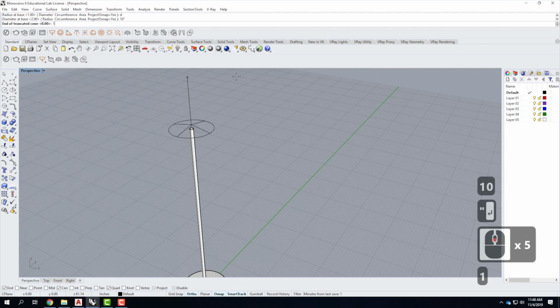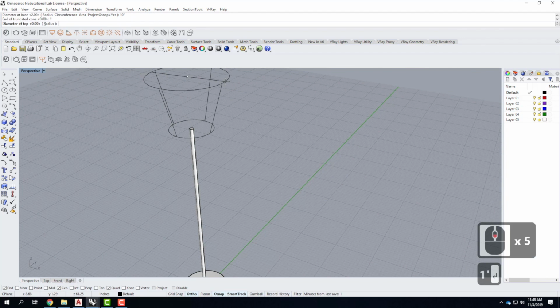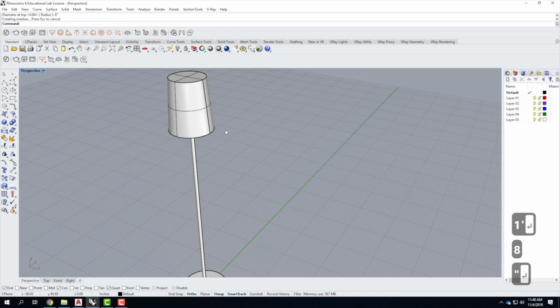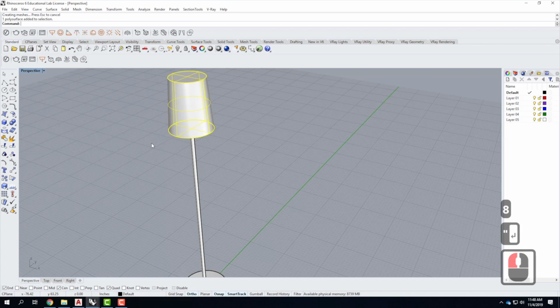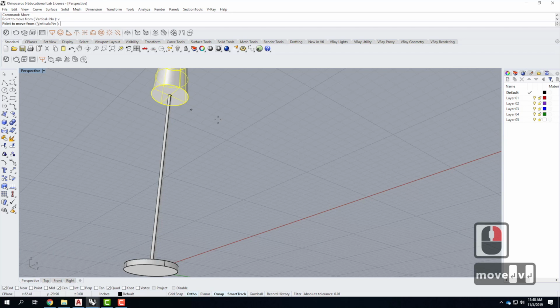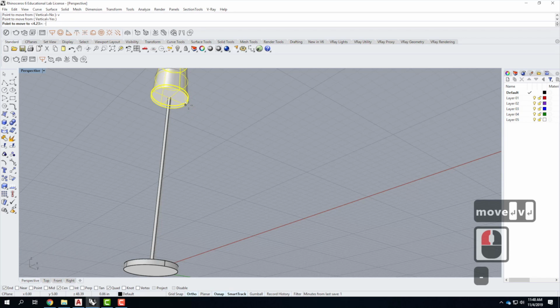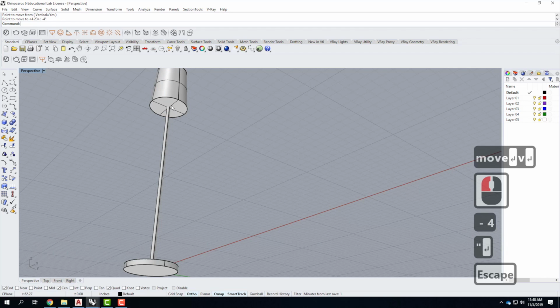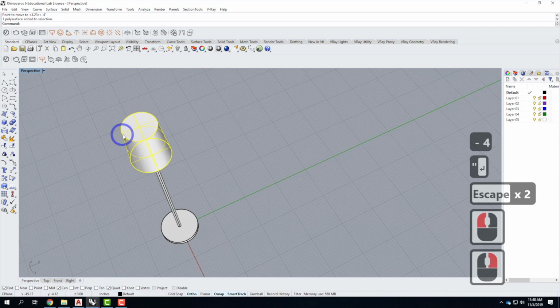And we'll do this at 1 foot, and then we'll do it at 8 inches. So it has a little bit of a slope to it. I'm going to move this down also so that the post and the lampshade intersect a little bit. So let me move this vertically by maybe 4 inches. There we go. I'm going to take the shade itself and I'll explode it